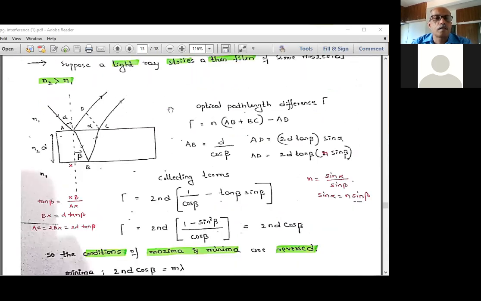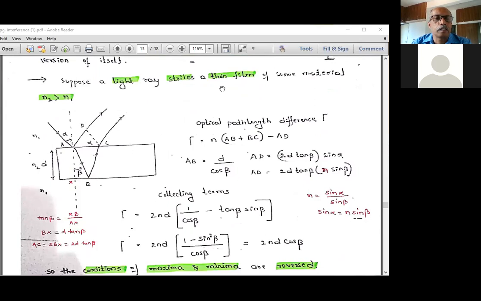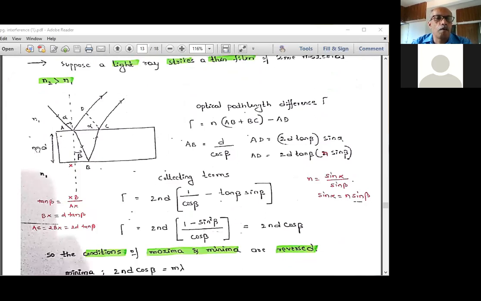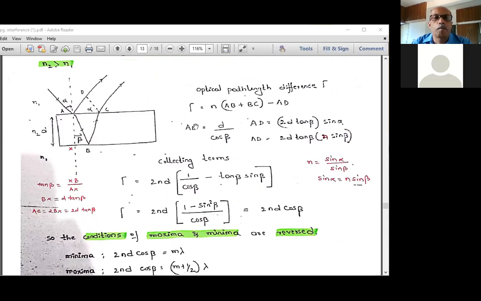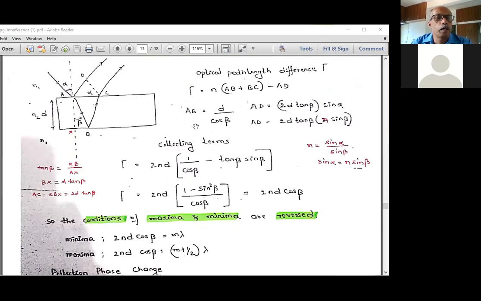Now, let us consider a light beam striking the thin film. This thin film will have a refractive index n2 that is greater than the refractive index of the surrounding medium n1. That n1 is the medium in which this thin film is kept, and n2 is the refractive index of the thin film, which is greater than the refractive index of the surrounding medium. If the surrounding medium is air, then n1 will become equal to 1. Now, the optical path difference